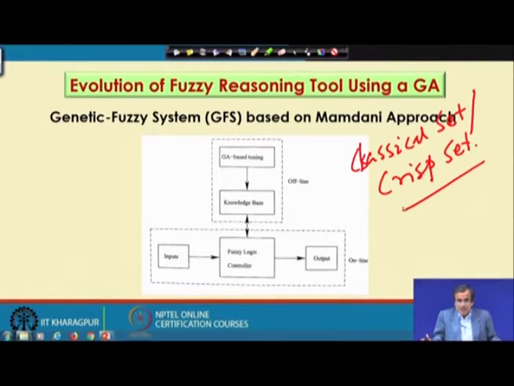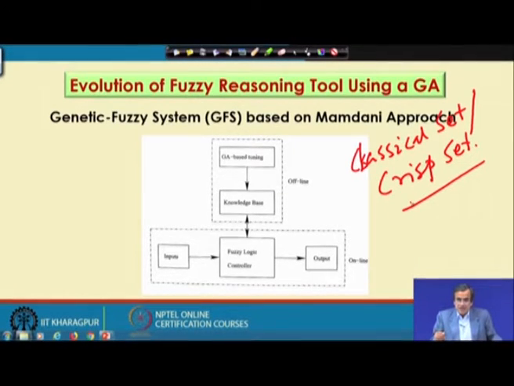Now, in this world, most of the things are uncertain. There is uncertainty and imprecision, and people used to think that we can model this uncertainty and imprecision using the principle of the classical set only. Then people were happy with this classical set, and the probability theory was also proposed based on the classical set or the crisp set.